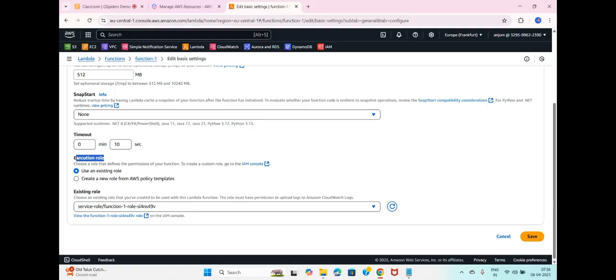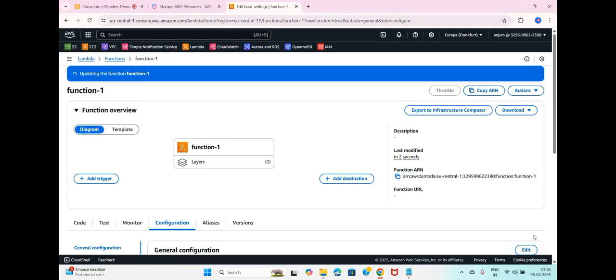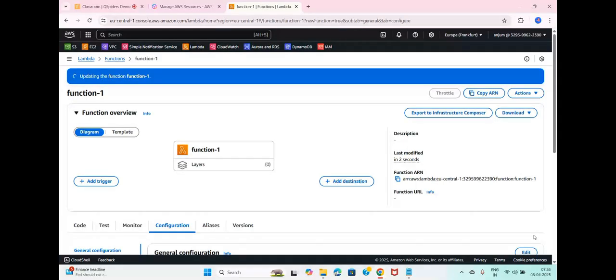Whenever you create a Lambda, the role will be created automatically. Okay, so now you have created the role, and then save the changes. You have saved the changes.